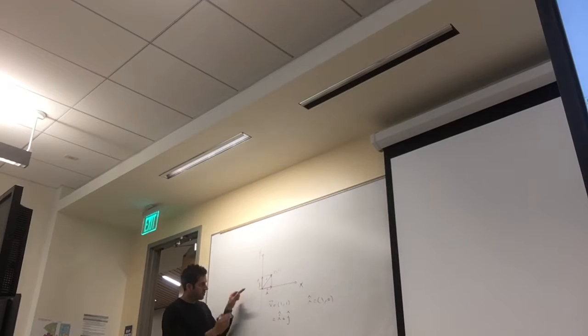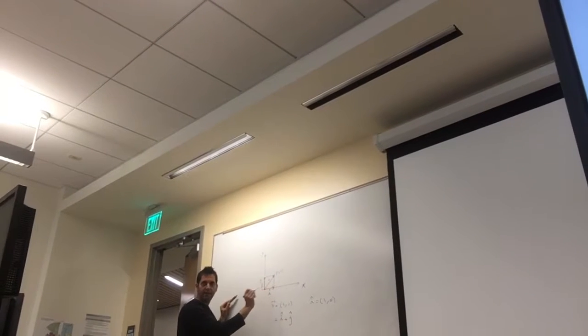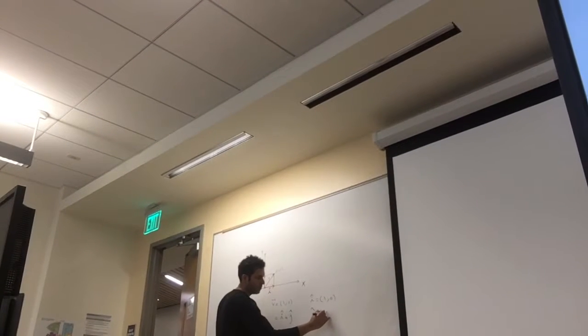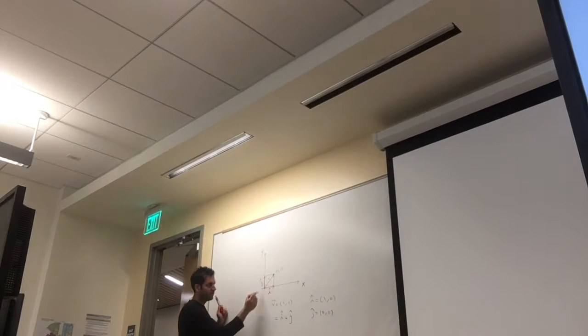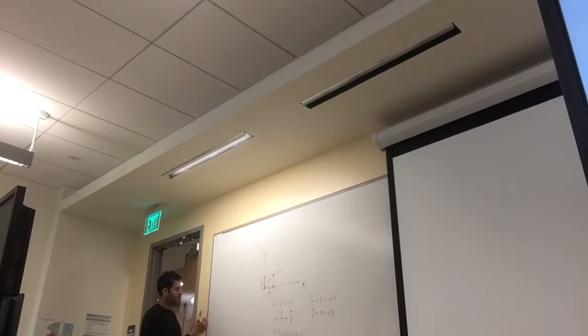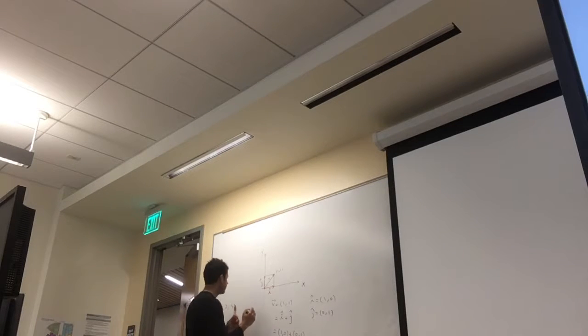The i vector goes 1 forward, nothing up and down. The j vector is just the 0, 1 vector. It goes up but doesn't go left or right. Alright? So when you think about it, this is essentially 1, 0 plus 0, 1, which gives you 1, 1 back. Now I could have another vector like 2, 3, which when you think about it, this is going to be